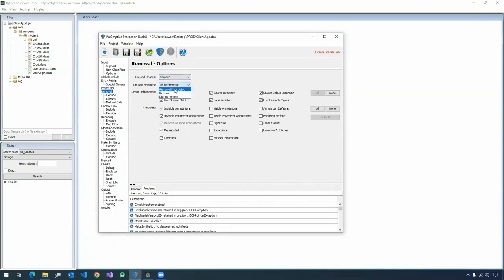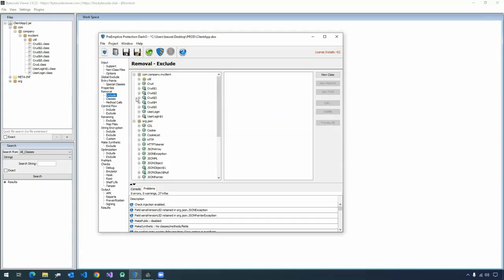I'll go ahead and enable removal because removal, like I said, is more of an optimization where we can strip out unused code. We can strip out unused debug information. No reason for anybody to be trying to debug our app once we've gone to production. Any annotations that we're using that are not needed at runtime. In addition, we can